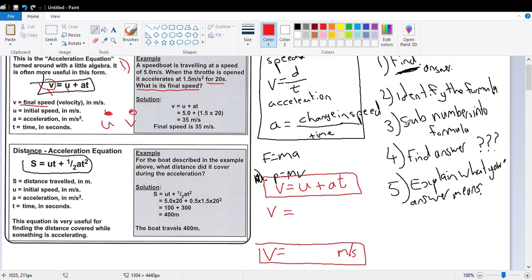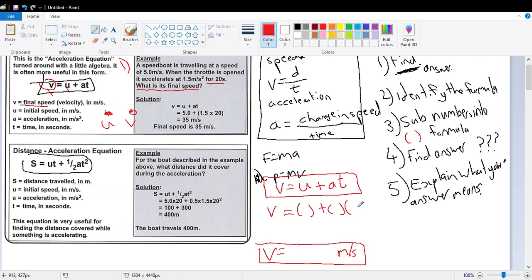Step 3, sub the values in the question into the formula. Now because I'm making substitutions, it's very important that we use brackets to help us when we encounter negative values, so we don't get confused with whether there's multiplications or additions or subtraction going on. So I'm going to make a substitution for u,